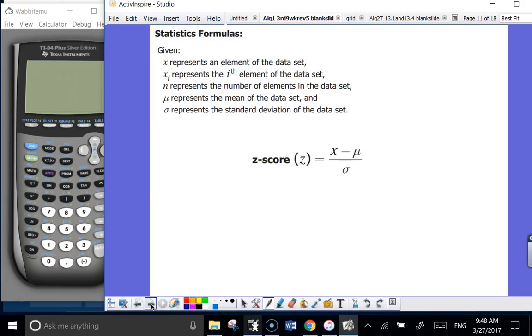This funny looking U there is another way to say mean. So it's the data value minus the mean in the numerator, and then that little sigma we saw was the standard deviation. The kind of questions you get related to this use this formula, which you're given. They'll give you 3 out of the 4 values and you calculate the 4th. That's all you're doing with it. So for example, in the next one,